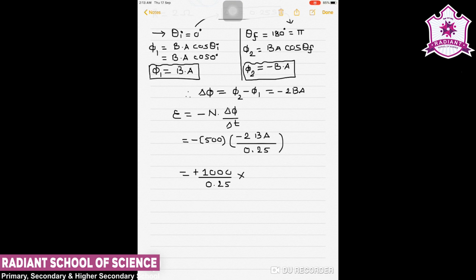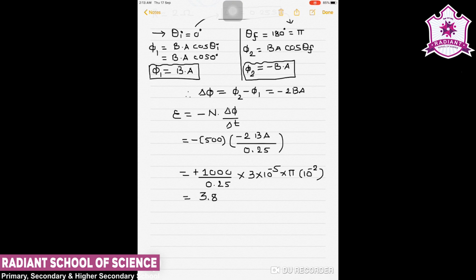Then magnetic field is given as 3 into 10 raised to minus 5. Then area is given as pi r square, with r that is 10 raised to minus 2. So here we can replace all these terms, and when we simplify these whole terms, we get about